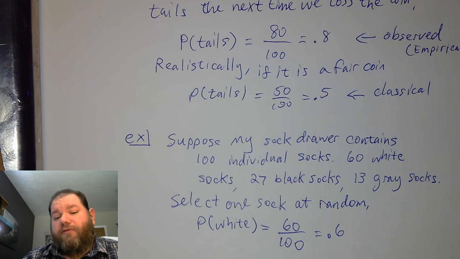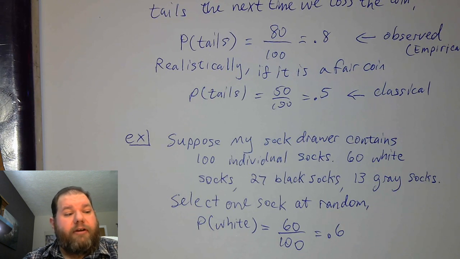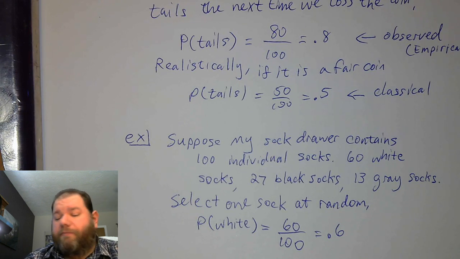That particular question, though, of choosing two socks back to back, is one that we are not quite ready to talk about. We will talk about it in an upcoming section. When we pick one sock and then a second sock, the probability for the second sock is different because there's one less sock in the drawer. You can probably already get an idea of what I'm talking about, but the way we calculate that, we have to be careful. There's two events there, and we'll eventually learn how these two events interact with each other.